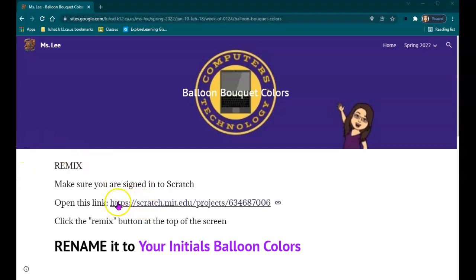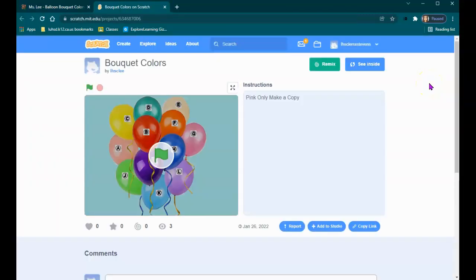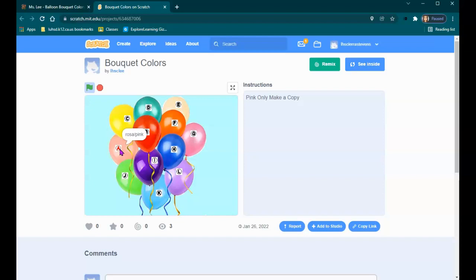So you're going to remix something I've already created. It says, make sure you're signed into Scratch and open this link. When you click that link, if you're not signed into Scratch, obviously you're going to sign in. I already created part of this. Right now, when I hover over this A, it tells me that it's rosa or pink. But when I hover over any other letters, nothing happens. So we're going to fix that so every letter does what it's supposed to do and tells us the correct